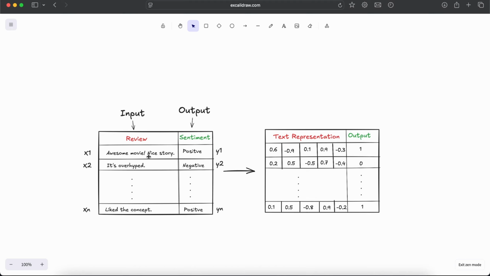So here in this example, you can see we have a column called review and another column called sentiment. In the reviews, we have text, like awesome movie, nice story. It's a review from some user. The next review is it's overhyped. And in the sentiment, we have positive and negative sentiment. So if you want to use the review to get the sentiment, if you want to build a model where we input the review and as the output we get the sentiment,